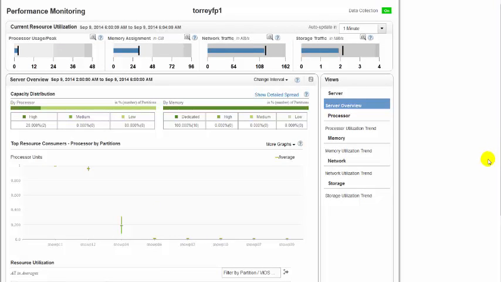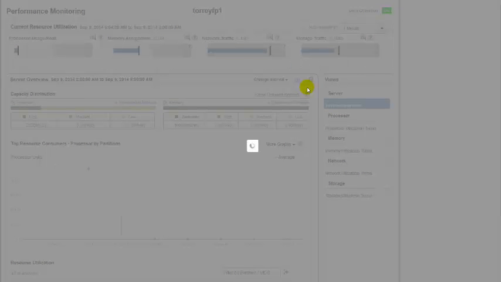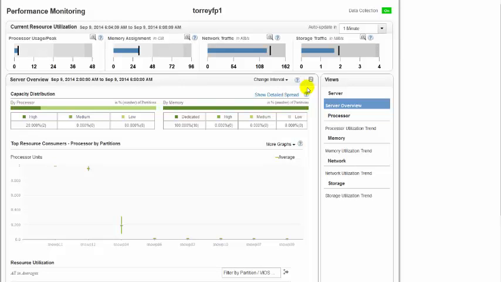One more important piece of information which is available here: if there is any error during data collection, like VIOS is not up, RMC is not up, or some version problem with VIOS collection and all, those would be available through a yellow indicator here. I have one more server where I can show it to you.